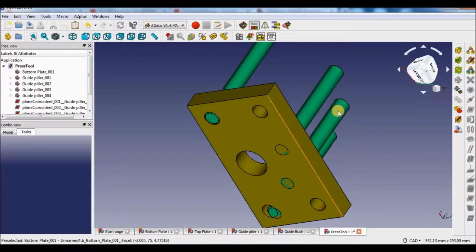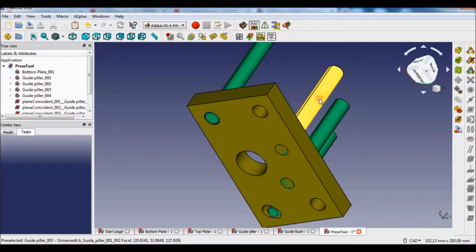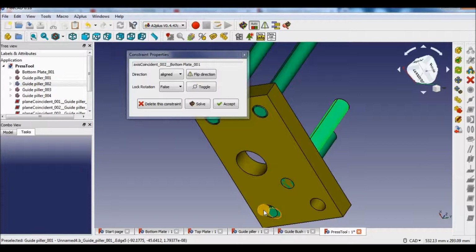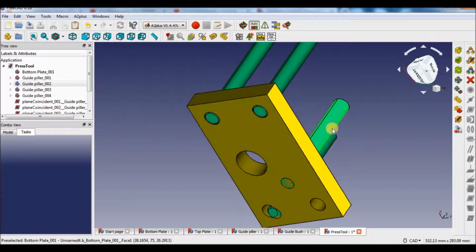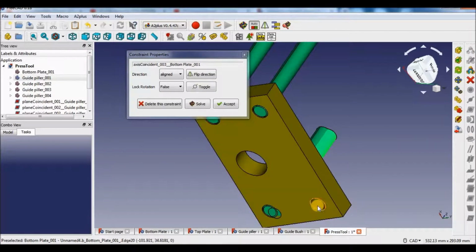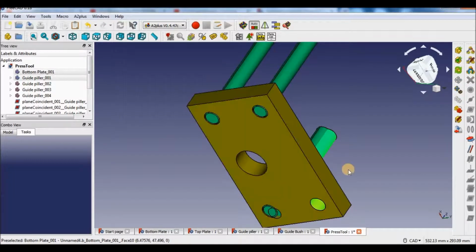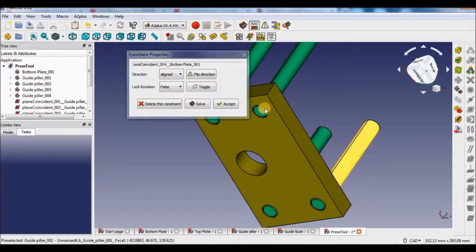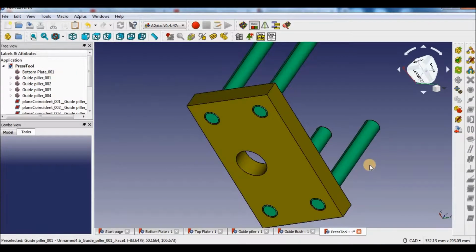Apply the same procedure for remaining three pillars. So as you can see, four pillars are axially as well as the surface constraint to the bottom plate.